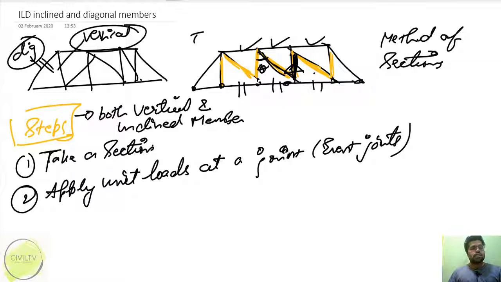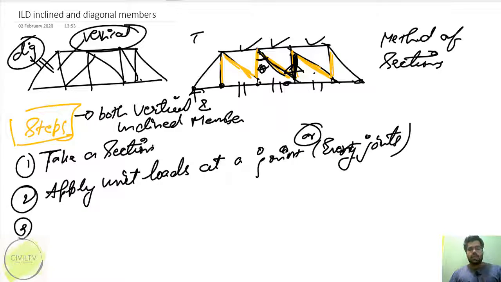So instead of applying unit load on each and every joint, we apply unit load on any two to three joints, and we see what the fluctuations in the load are. In this analysis part, we will apply unit load on each joint and see what the answer is. And when we solve the numericals, we will be applying unit loads on only two joints. So I'll take a section, I'll apply unit loads at every joint, and the third step is, after applying the unit loads,